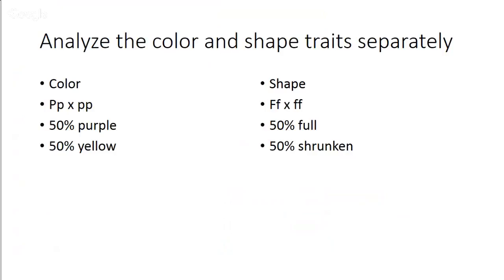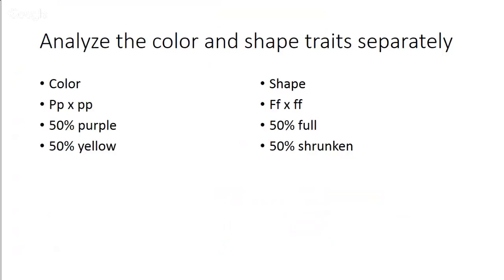Analyze the color and shape traits separately. For color, we have a heterozygous dominant purple crossed with the yellow. If we cross those, we're going to get a mixture of 50% purple and 50% yellow. If we look at shape, we're going to have 50% full and 50% shrunken. We just have the same heterozygous dominant